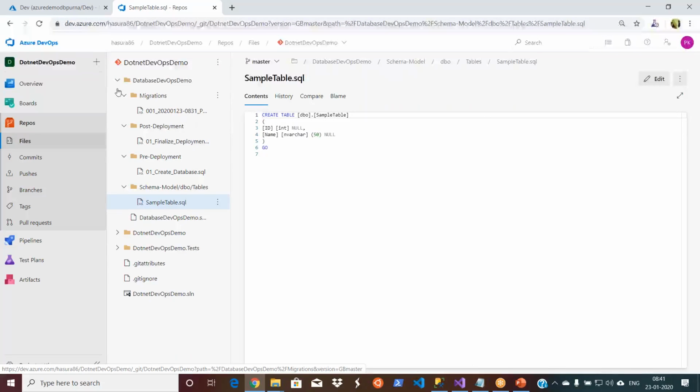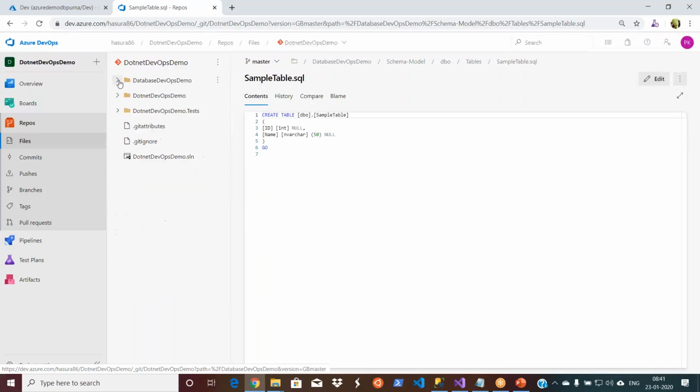Now let's go and create a build pipeline. We already have a build pipeline, so we go and add another job to that one. Of course, as I told you, you can add another task to the existing job, or you can create a job. It's all about organizing things well, and there is no restriction on that.